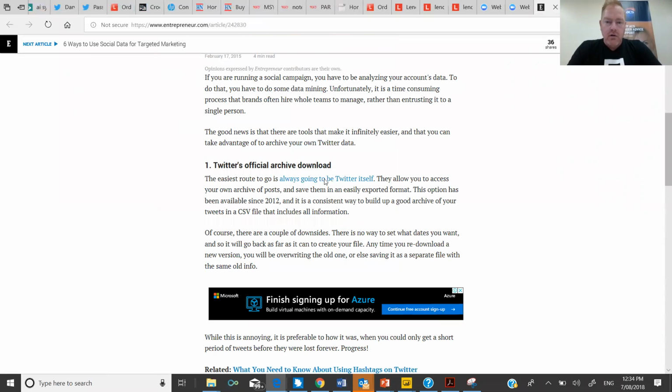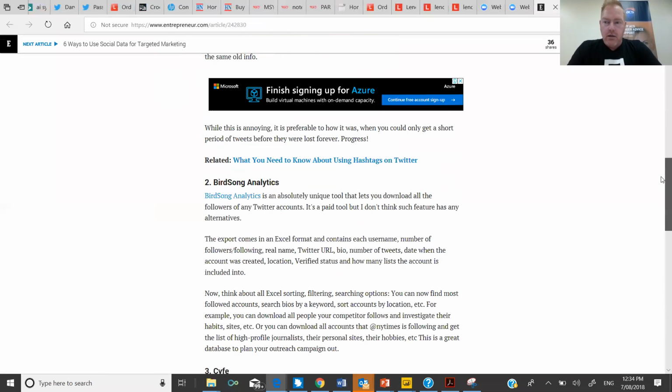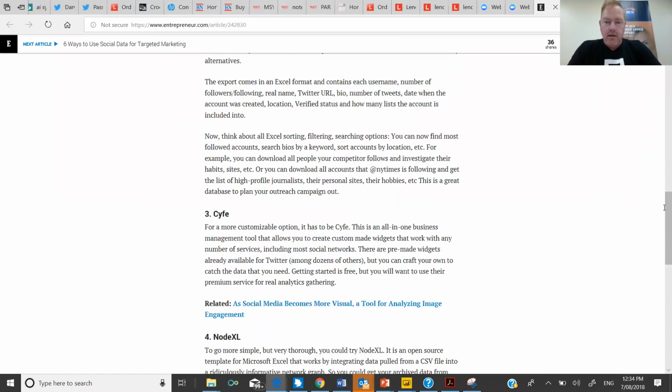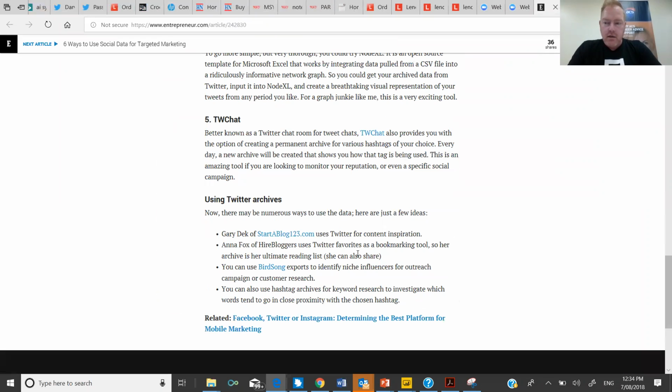You can go to Twitter and get that directly from Twitter. There are some third-party applications, Birdsong Analytics, Sife, Node Excel. There are lots of these things around, and they all do different things, but essentially there's lots of choice when it comes to monitoring your Twitter analytics.